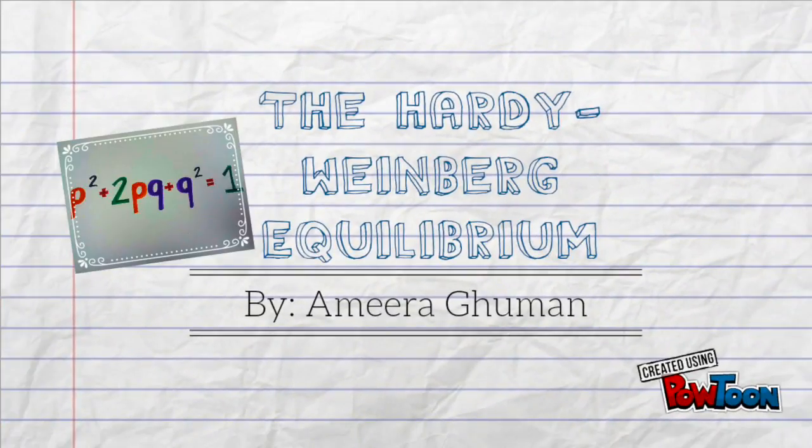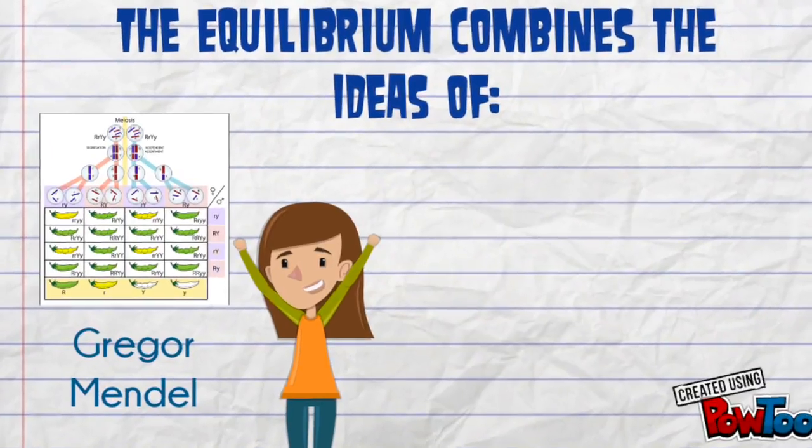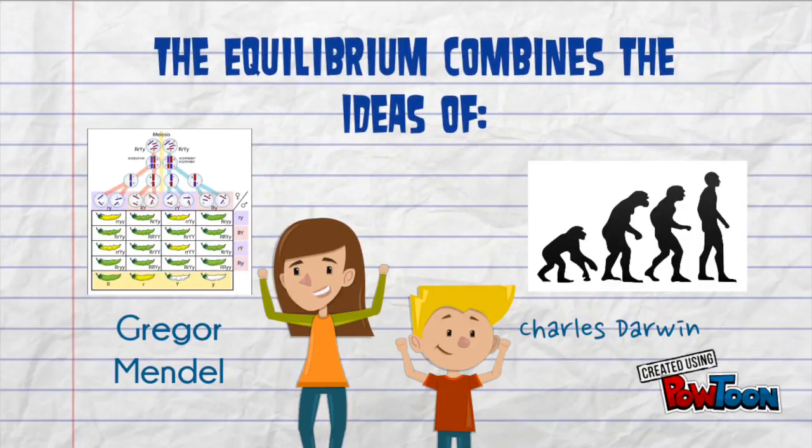Today I'm going to be teaching you about the Hardy Weinberg Equilibrium. The equilibrium combines the principles of Gregor Mendel and Charles Darwin. Mendel studied genes within a pea plant population. Darwin studied natural selection and the changes in evolution. If given the right circumstances, the genetics that Mendel studied could work at the scale of a whole population and